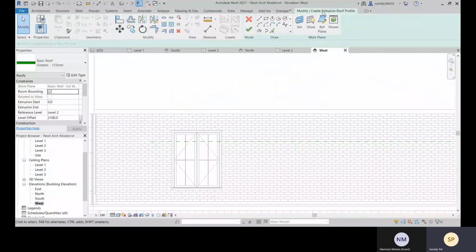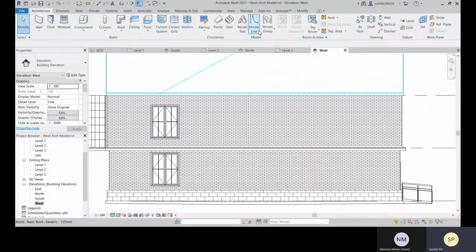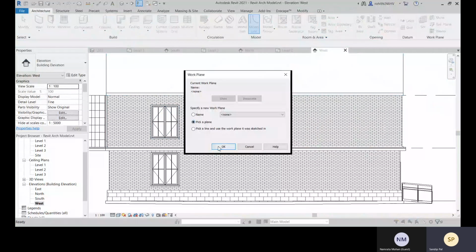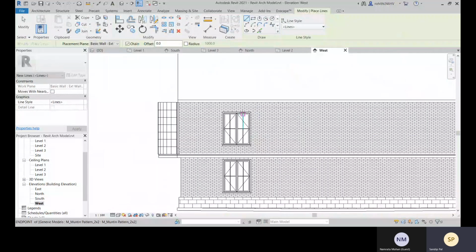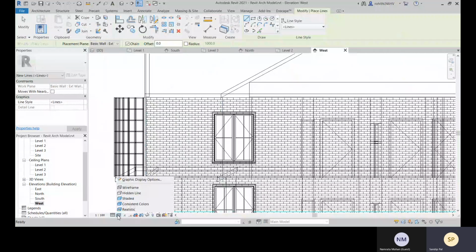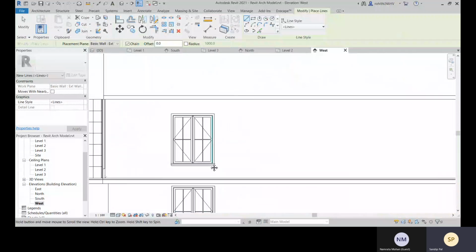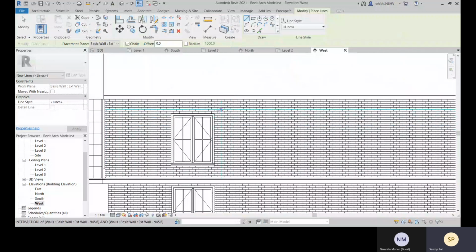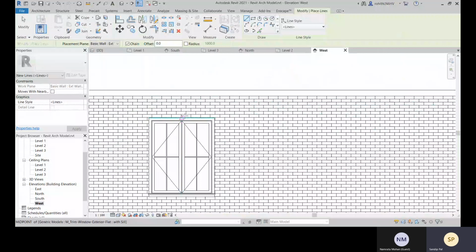Okay, with this model line you can create it, so that creating this profile will be easier for you. So let's uncheck this, and you can go with this model line, pick a plane, pick this plane, and you can go with this wireframe, or else you can make it hidden line. You can change the pattern as well. So let's create this.